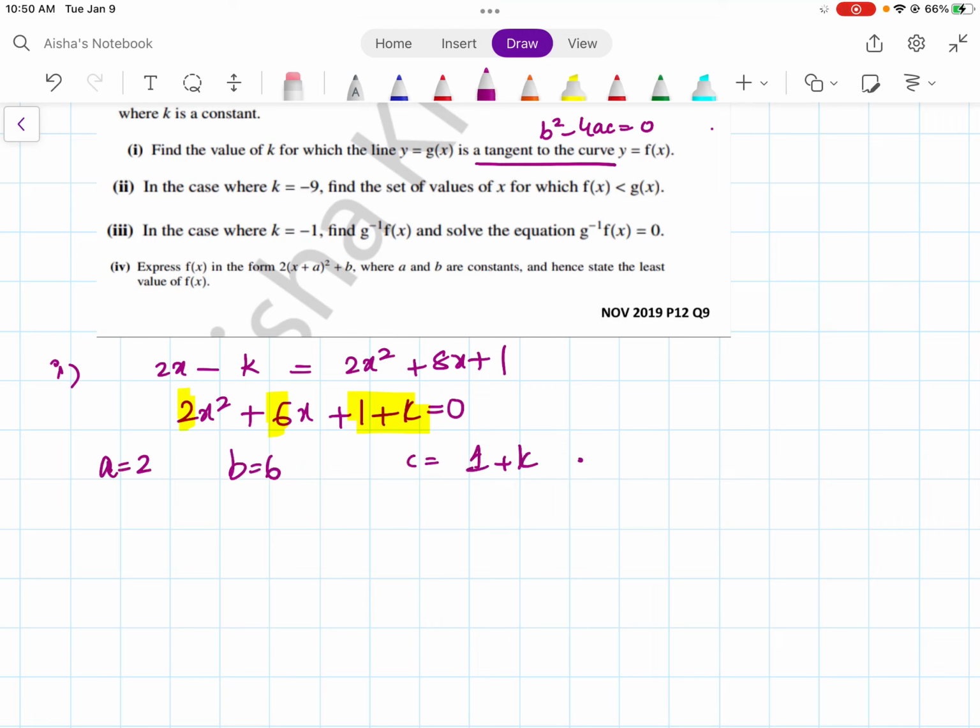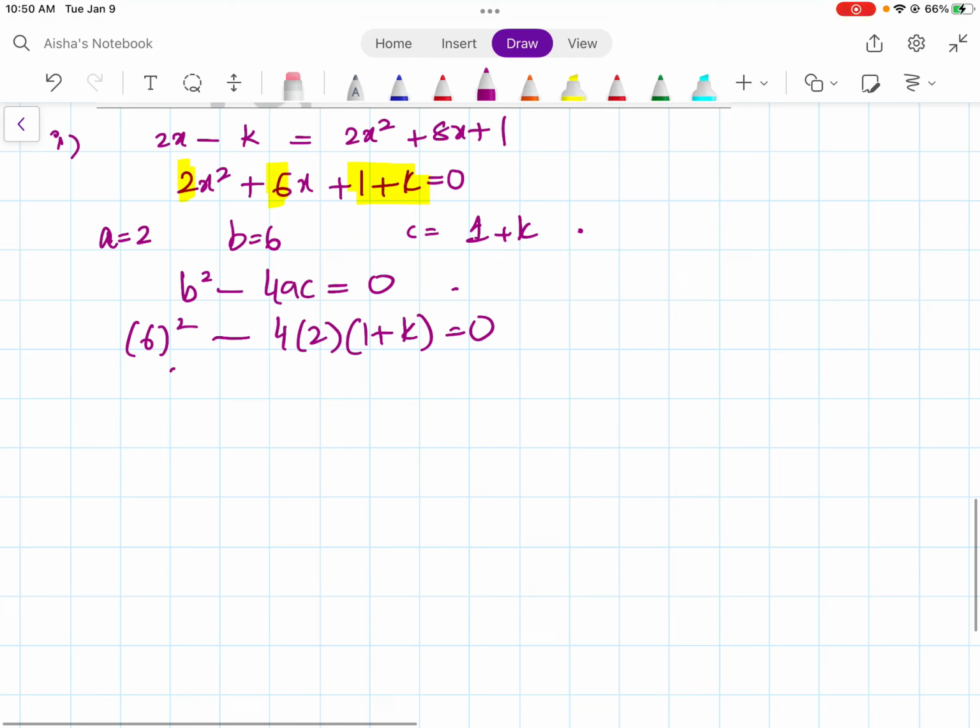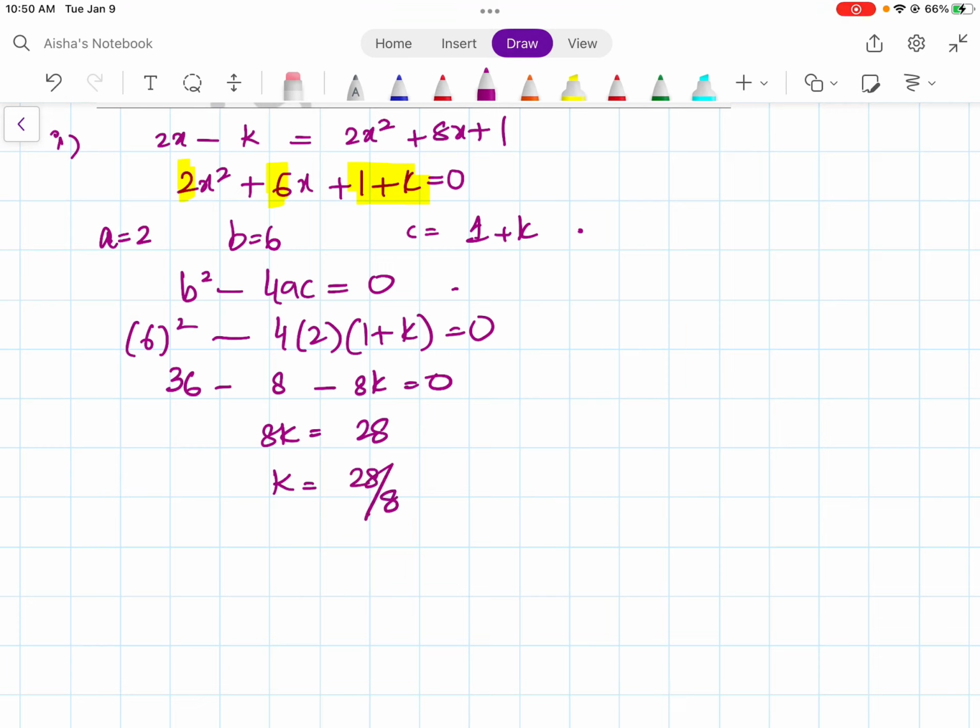B square minus 4ac is equal to 0. Six and 2, it becomes 28. That gives me